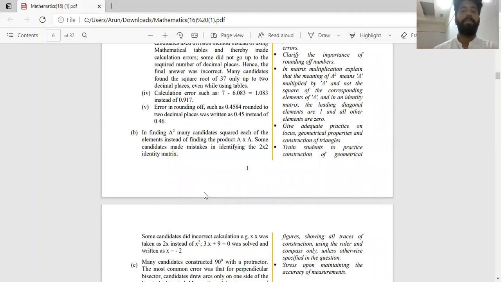So how do you practice? First of all, you should know the entire multiplication of matrices concept. You need to practice the multiplication of matrices very thoroughly. You also need to know what is a square matrix, an identity matrix, a null matrix. You need to know the various kinds of matrices that could be asked in the examination, and then practice the multiplication, addition and subtraction of matrices accordingly.